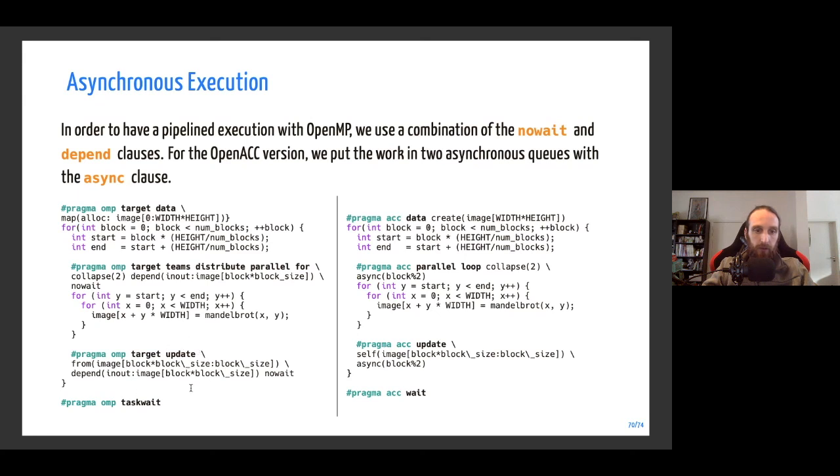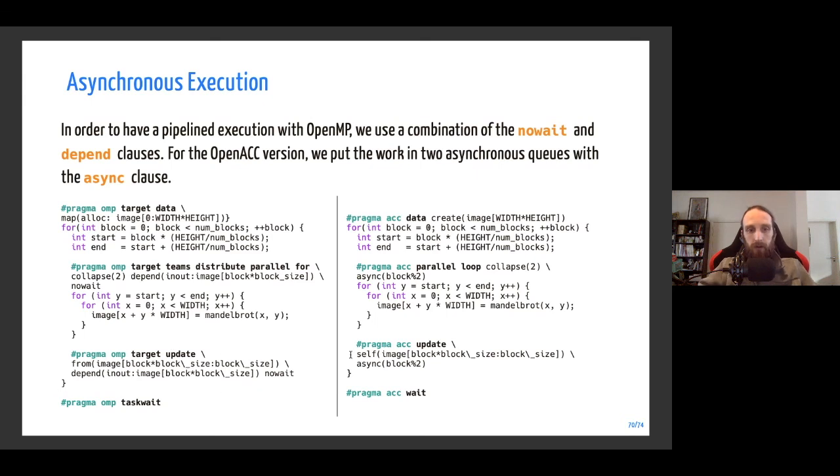Okay, so the idea is that we add some dependencies for the computation and the update. And basically we say to the update that it should wait for the first element of the block to be computed in order to copy the data. And as the runtime will consider that the full kernel is completed if the first element of the block is computed, we just say launch the kernel and then do the update to the CPU only when this kernel for the block is finished.